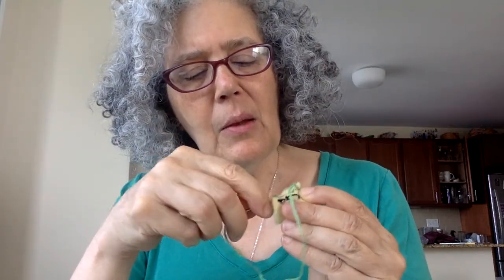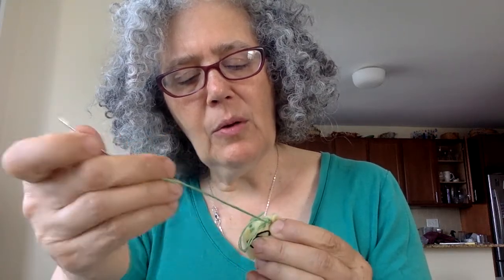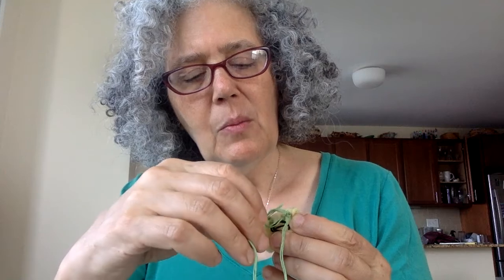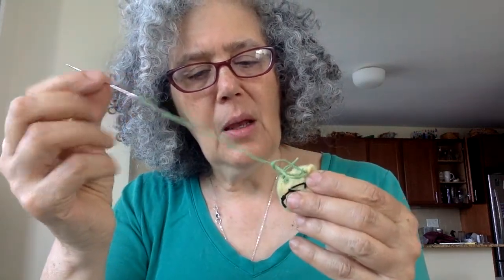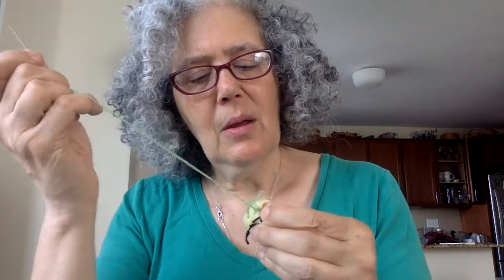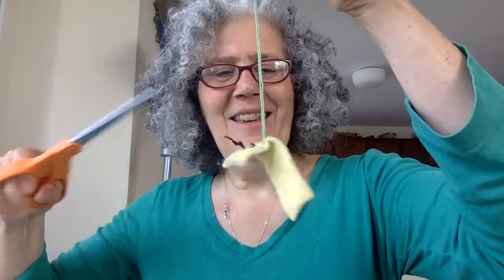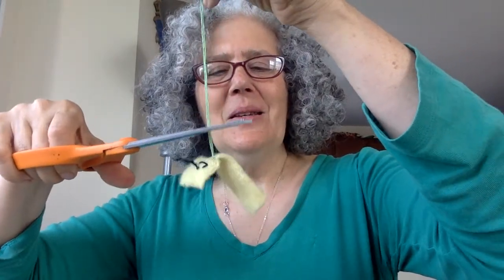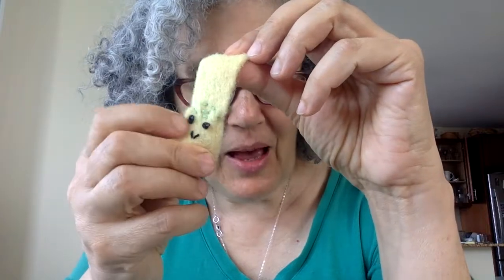And then I'm going to do it one more time, in and out, and through the loop of the thread, and pull. And that's it. Then I'm just gonna cut this, and it's all done. And you can see I did these little fancy stitches to make the eyes, and